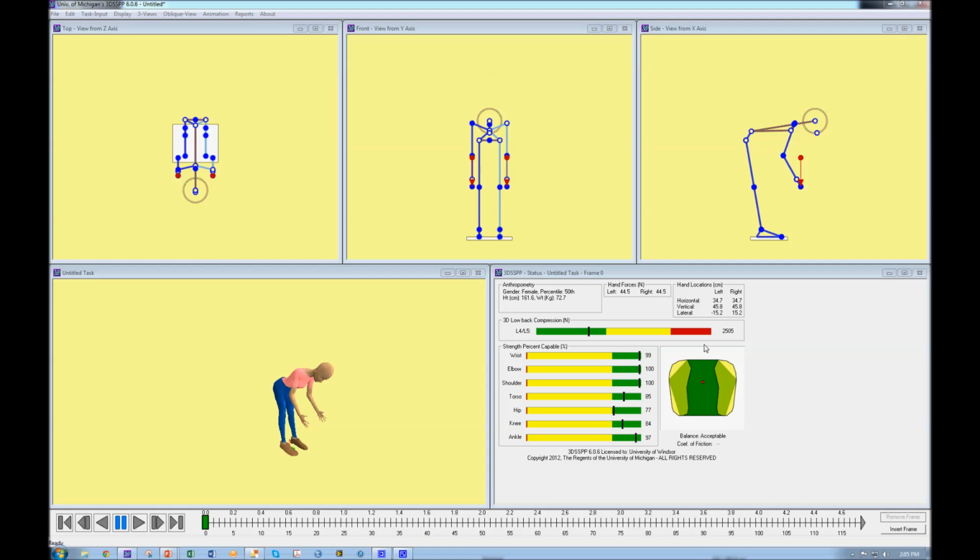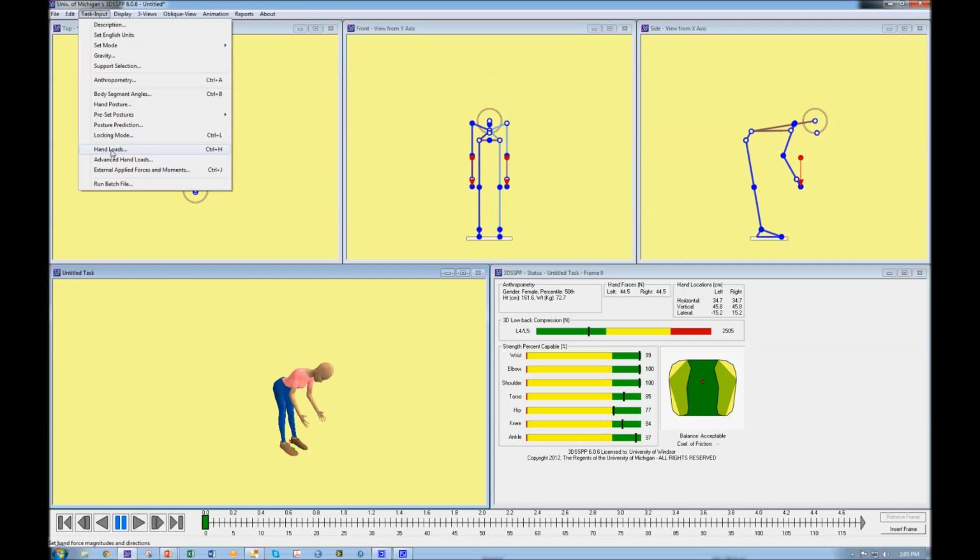Now, again, we've mentioned that the default forces in the hands are 44.5 newtons in each hand, giving us a result. But maybe that's not exactly what we are looking at in terms of the job. Maybe the posture is exactly the same, but maybe now we want to try different hand forces such that we don't exceed the 3,400 newtons of compression and we still maintain 75% of female strength in our strength capability values. Well, we can try different forces in the hands by going into task input again and going into hand